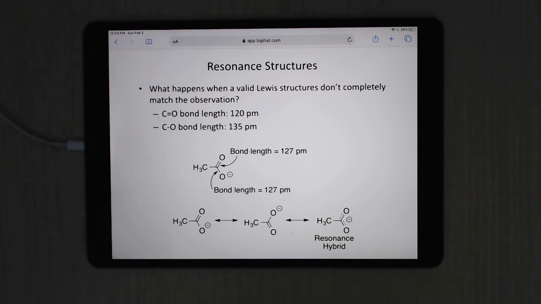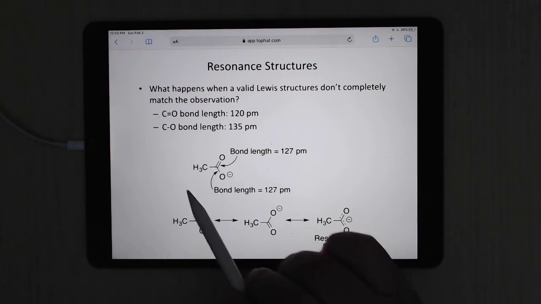Now, next up is going to be resonance structures. This is a way of dealing with an inconsistency that arises with Lewis structures and these sorts of structures: they aren't really what's happening, but it's easier for us to visualize. Okay, and so if you look at something like acetate,